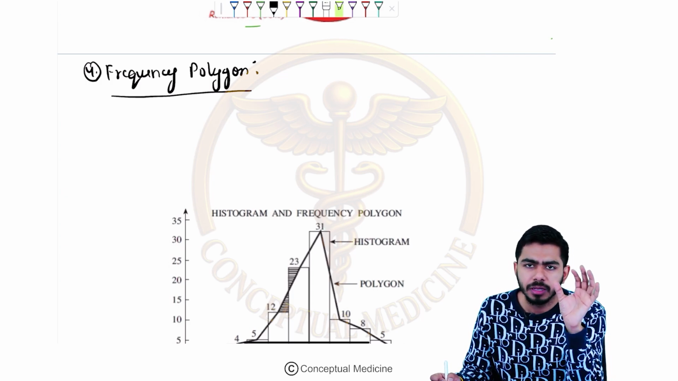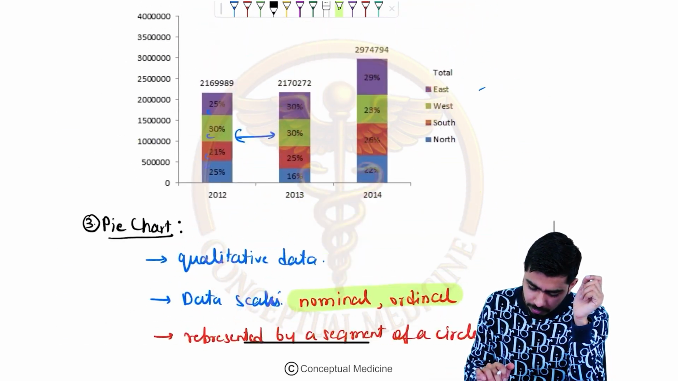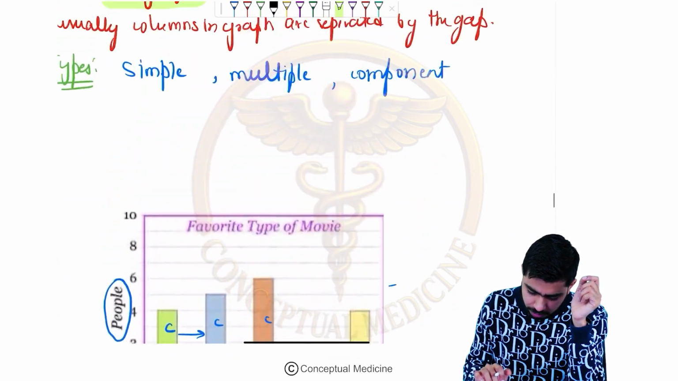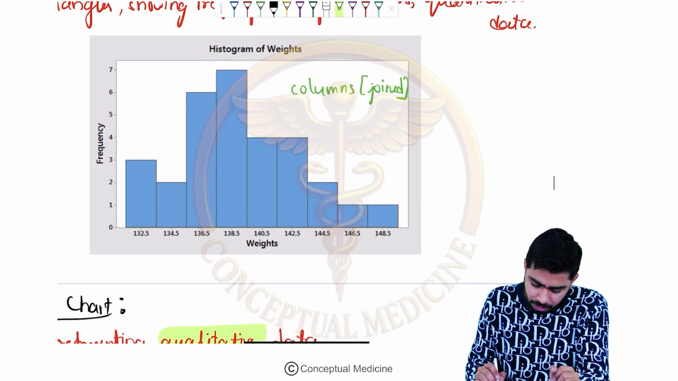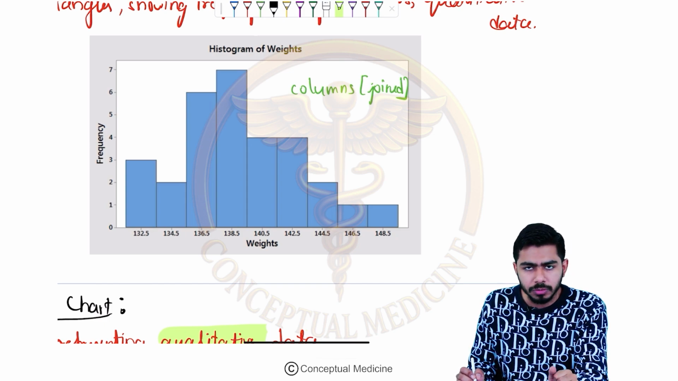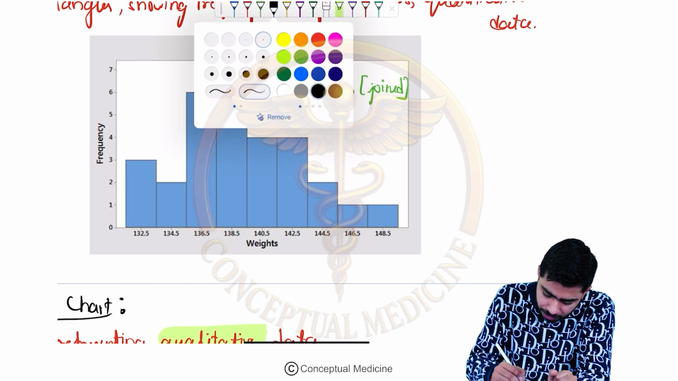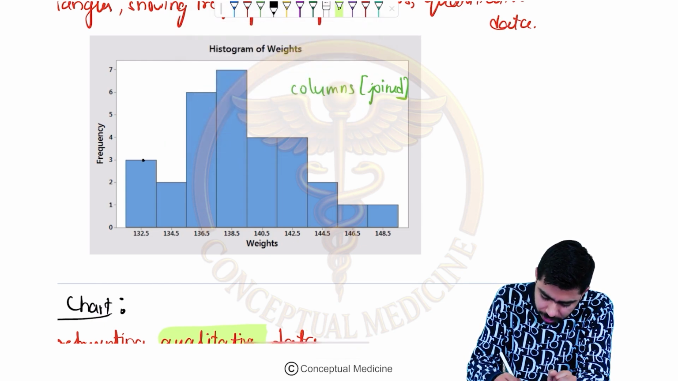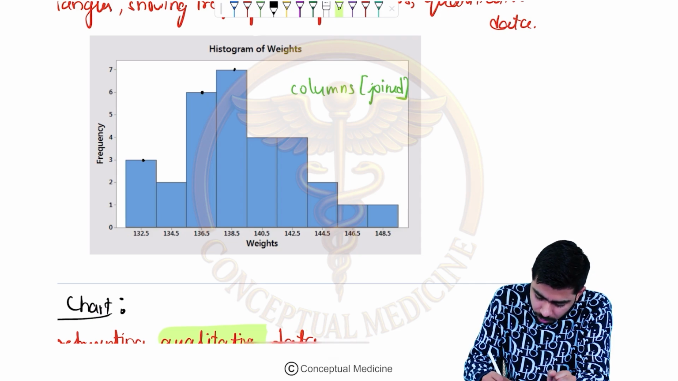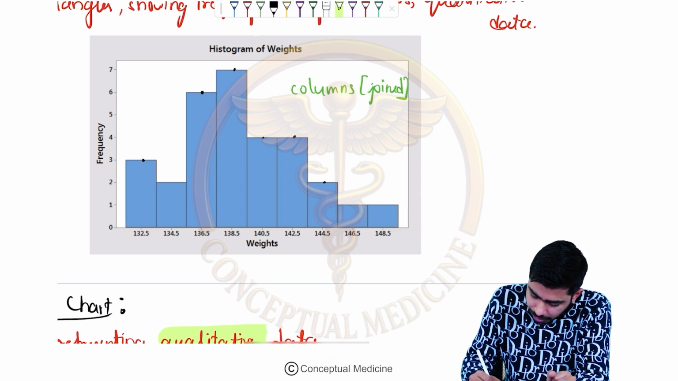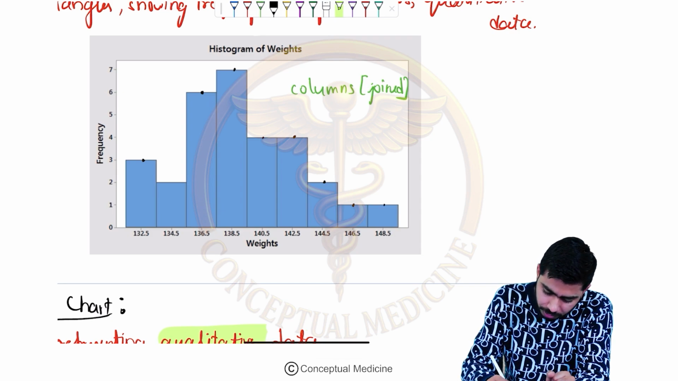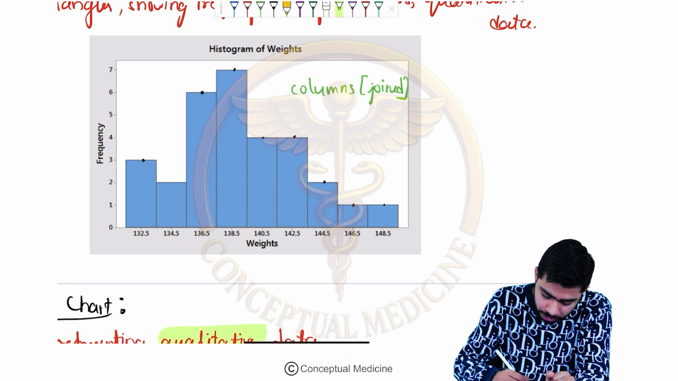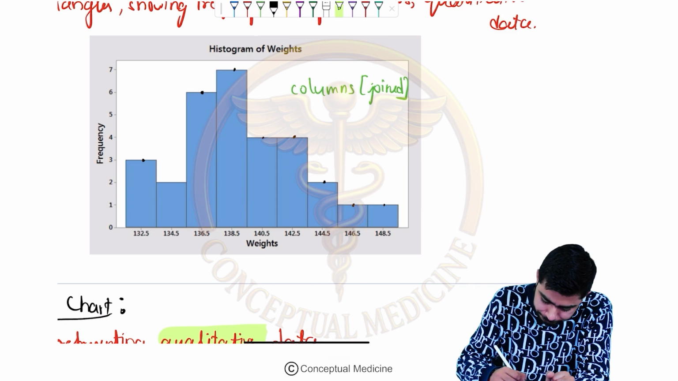Remember the histogram? Yes, you remember. So what was a histogram, guys? There were columns, rectangles, and in between there was no gap. If I mark the centers of these columns, and join them, like a drawing,